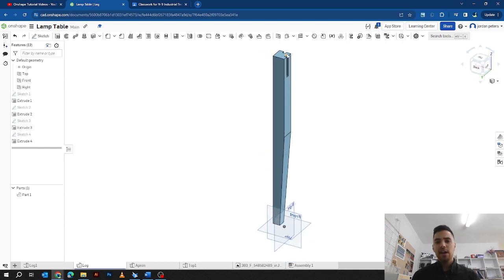So now we have our leg with a mortise slot on both sides of our leg, ready for our apron to go into it. So I'm going to stop the video there, and the next video we'll look at making the